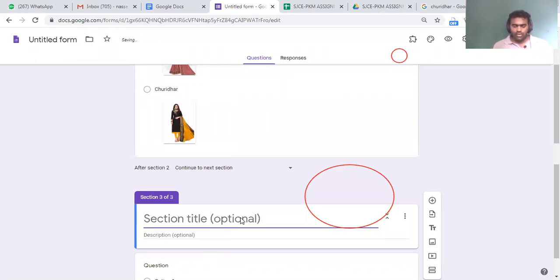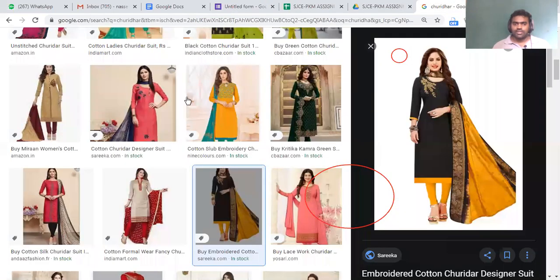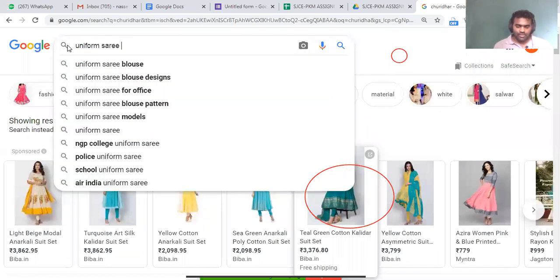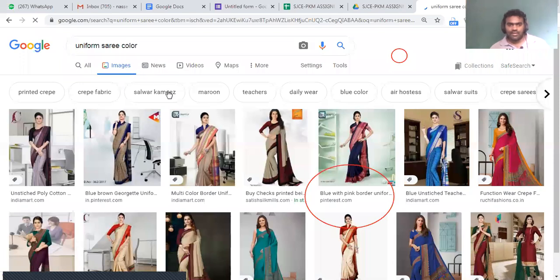So here you are making the color combinations, or color. Now I'll search uniform color. Uniform sari color. Like this you will choose different ones.